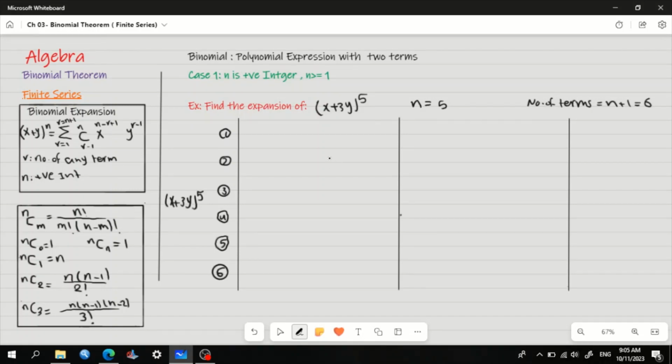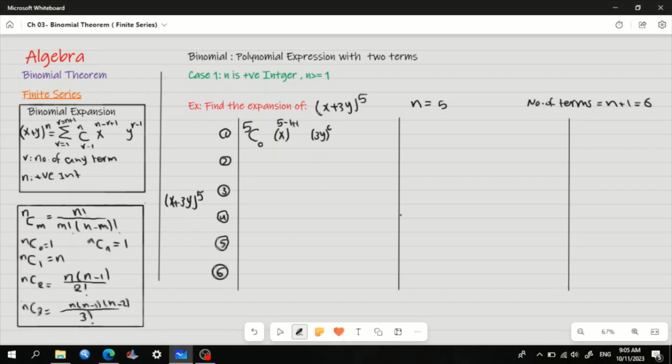Okay, so the first, we have here power 5. So the first term is 5 combination r minus 1, so here r is equal to 1. Here 5 combination 0. The first term is x to the power 5 minus 1 plus 1. And here we have